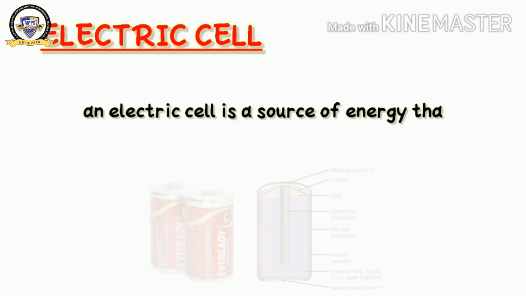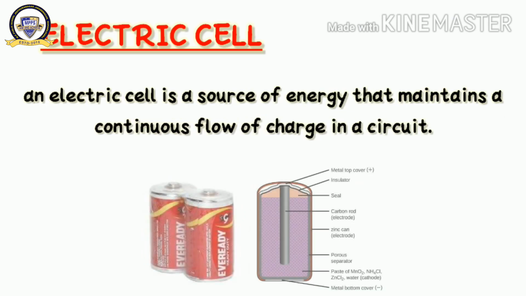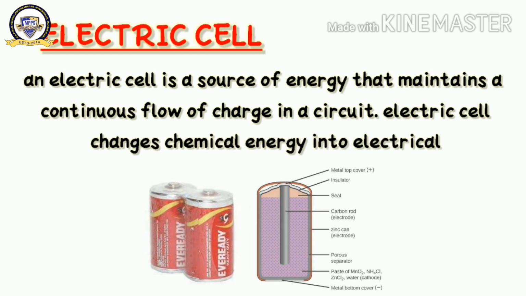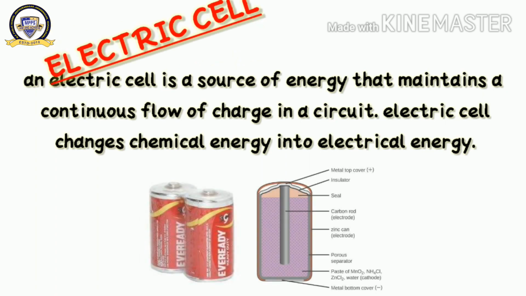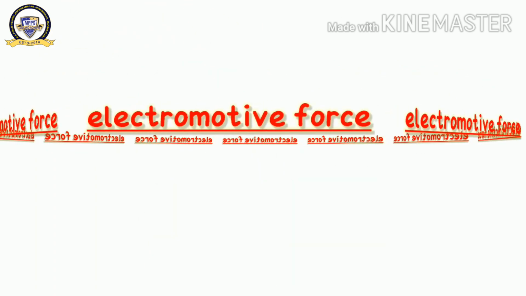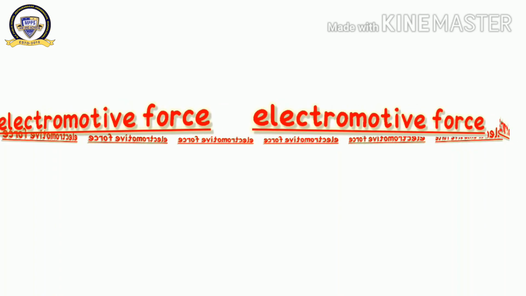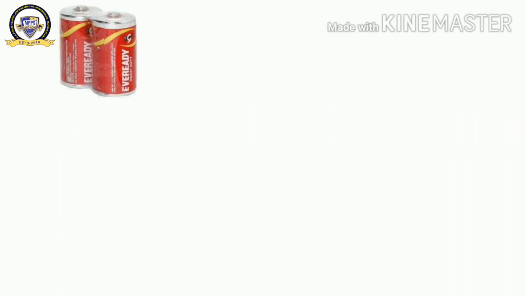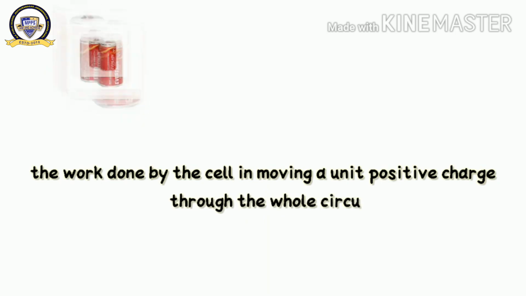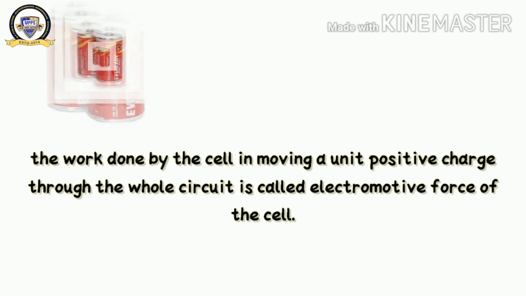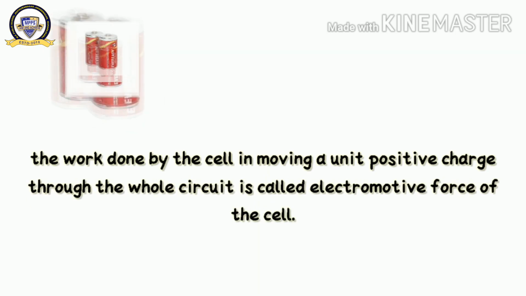An electric cell is a source of energy that maintains a continuous flow of charge in a circuit. An electric cell changes chemical energy into electrical energy. The next concept is electromotive force. An electric cell has to do some work in maintaining the current through a circuit. The work done by the cell in moving unit positive charge through the whole circuit is called the electromotive force